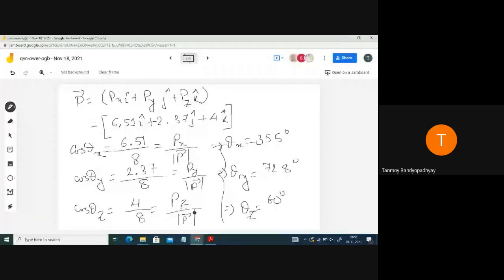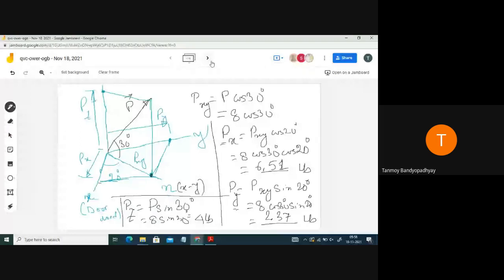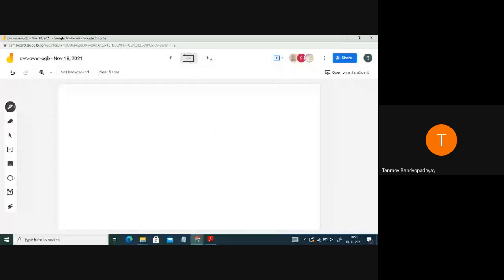Pz, if I could draw it once again. Here you forget two things. First draw the z axis, this is the z axis, and this is any xy axis, okay? This is the force P. This force will have two components. How to calculate them? Use the parallelogram theorem. Draw a line parallel to xy, so this one is the Pz component. Draw a line parallel to the z axis, so this one is Pxy.